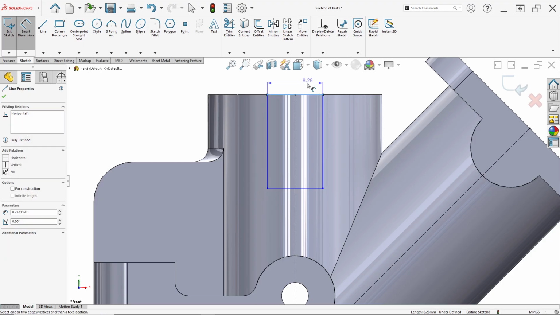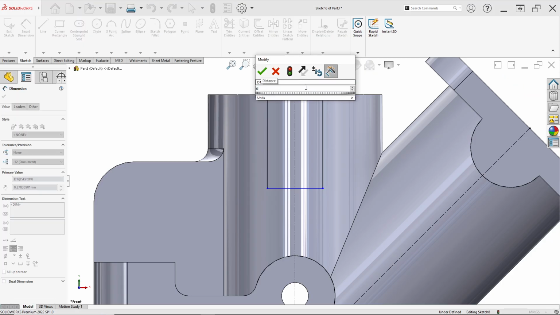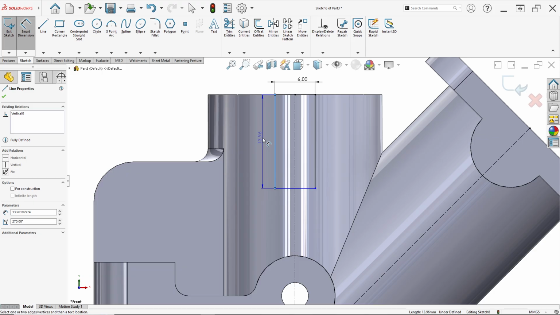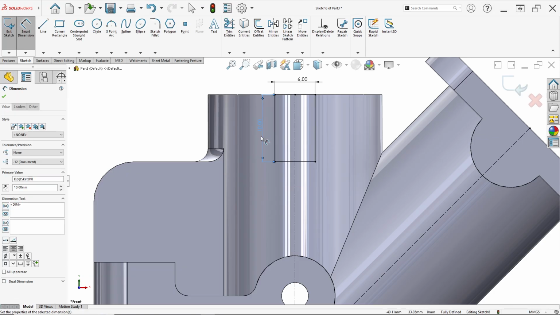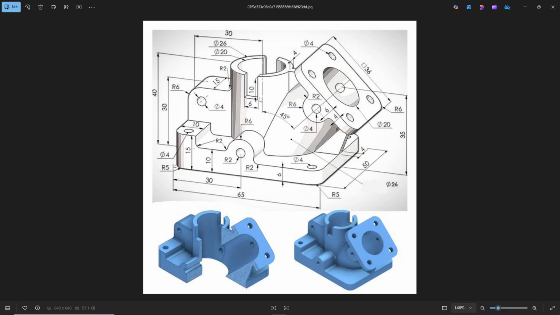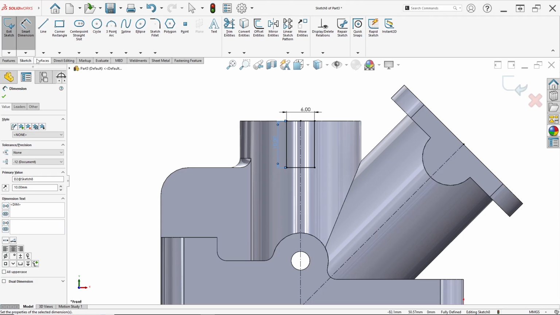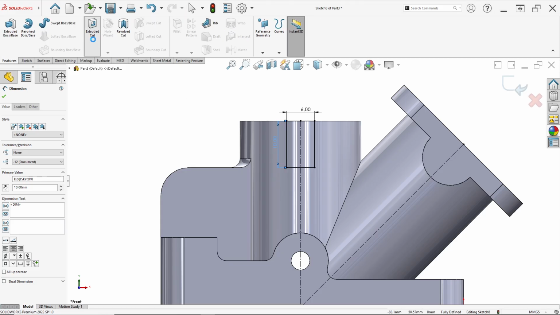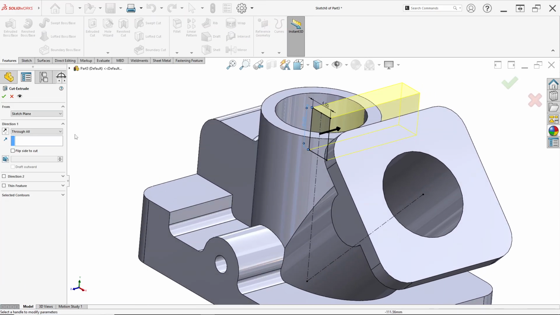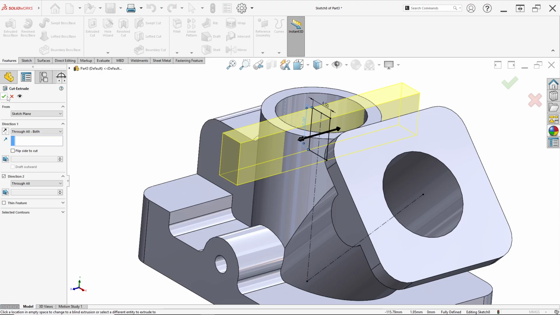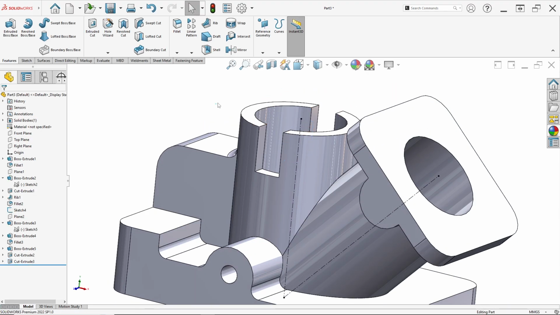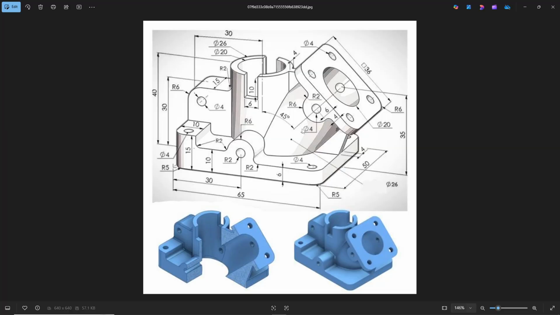Set the width to 6 millimeter and the height to 10 millimeter. Okay. Then just click feature and click extrude cut. For direction we can change to through all both. Click OK. Like this.